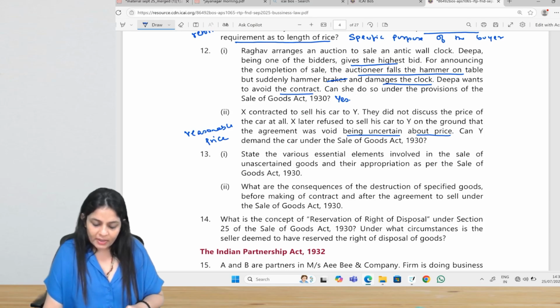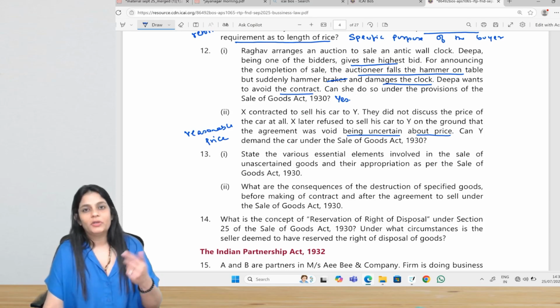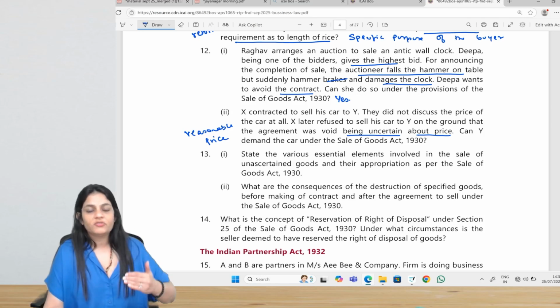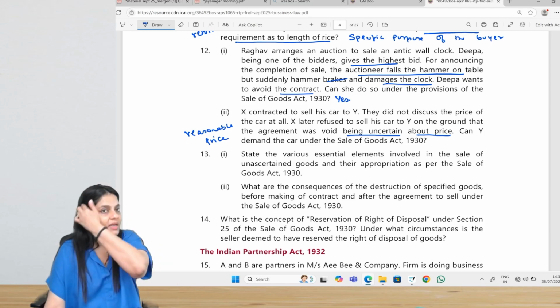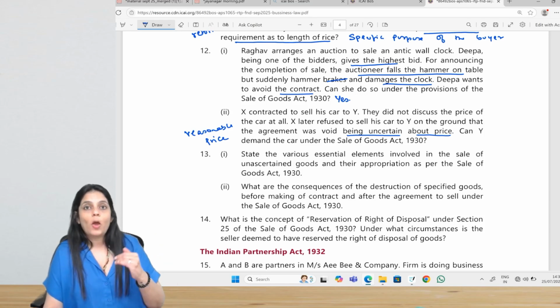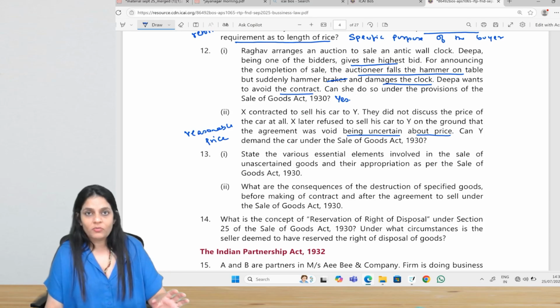State the various essential elements involved in unascertained goods and their appropriation. Unascertained goods' ownership is transferred after they are ascertained and appropriated. Ascertaining is identifying the goods and keeping them aside, which is done only by the seller. Appropriation is selection of the goods, with the mutual consent of both the parties, for the